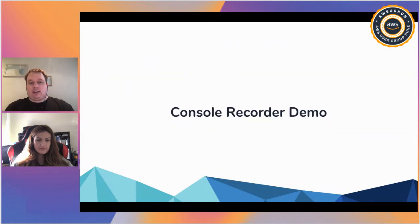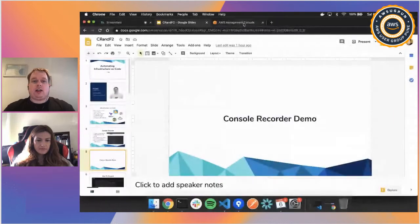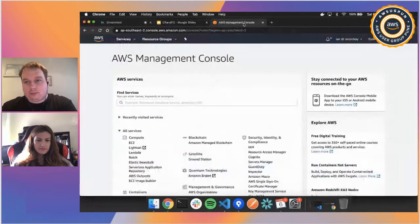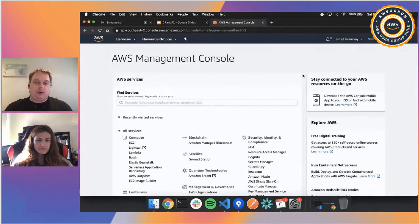So let's do the first demo. What I want to do is go over to my management console. I've already pre-installed the Console Recorder here as this little orange icon. I'm going to click here and then hit the start recording button. And what that means is that any action I perform within the management console from here on in is being recorded